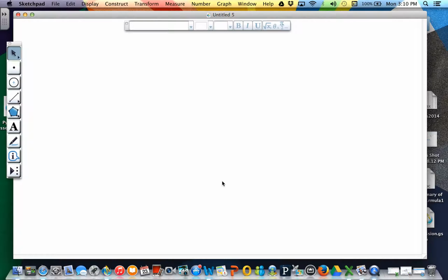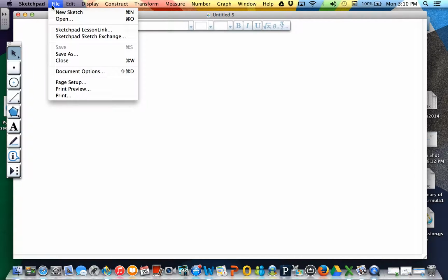Alright, so now this video is dealing with the menus of Sketchpad. Just a brief description of what each menu section will do. So in the File menu, you can go to a new sketch, which just makes a new